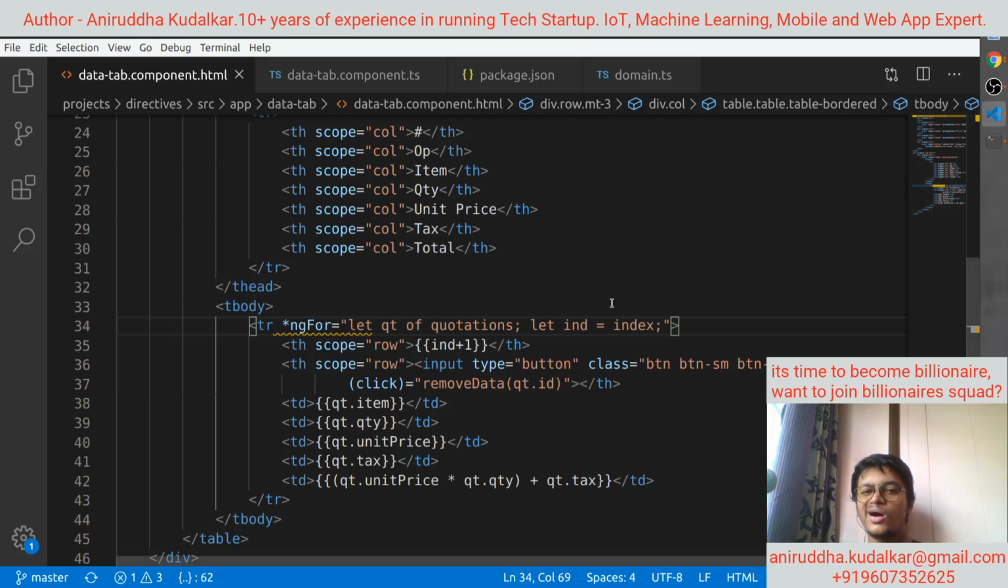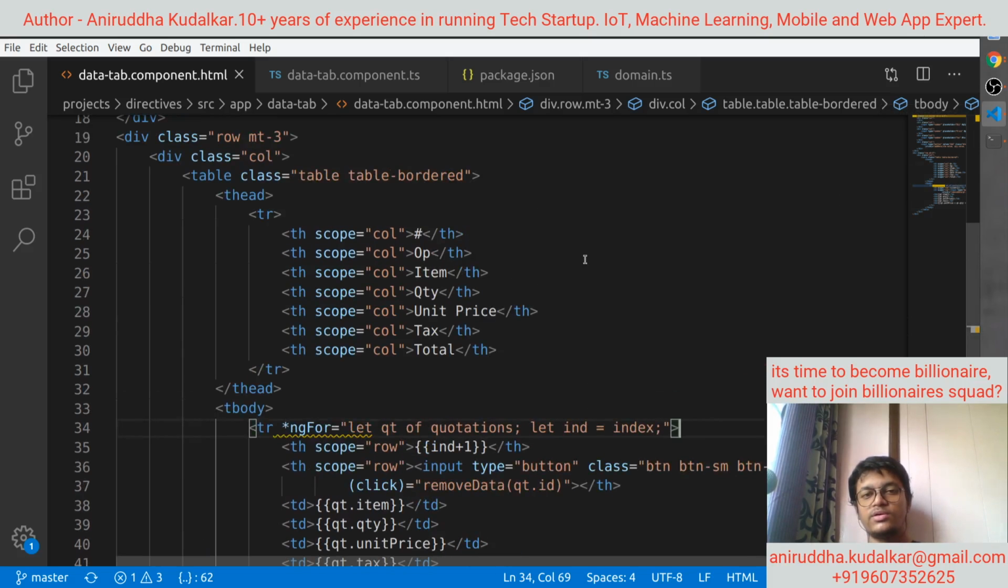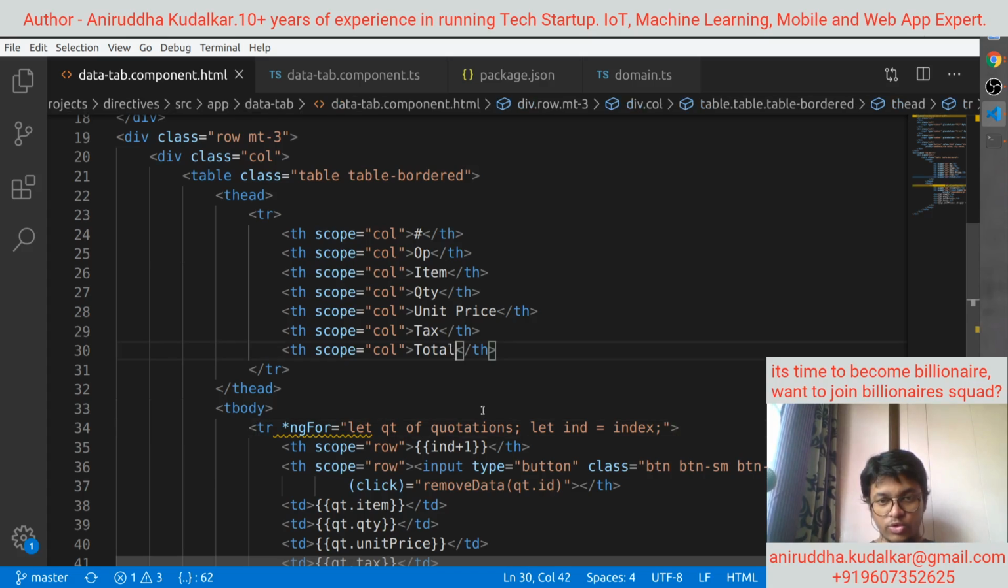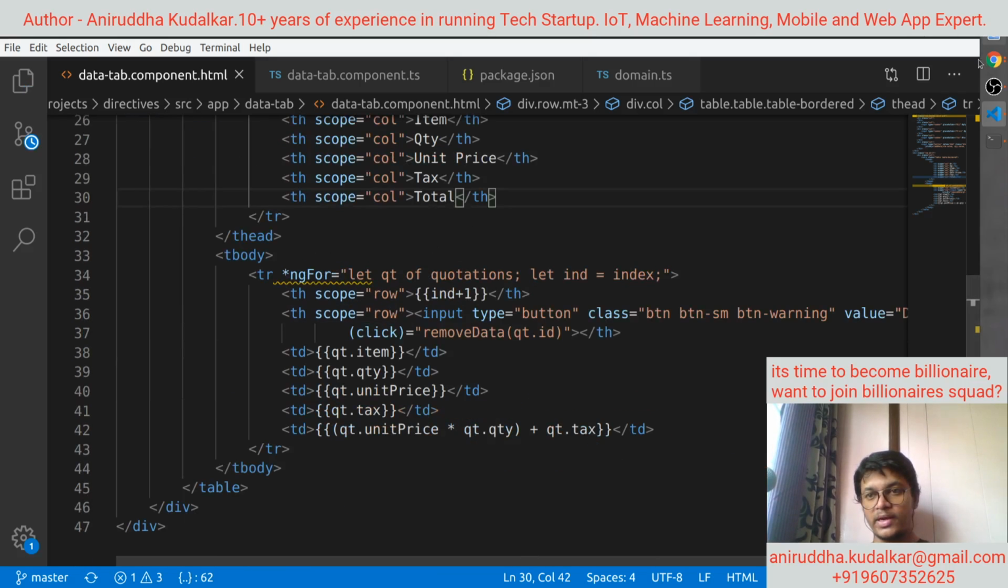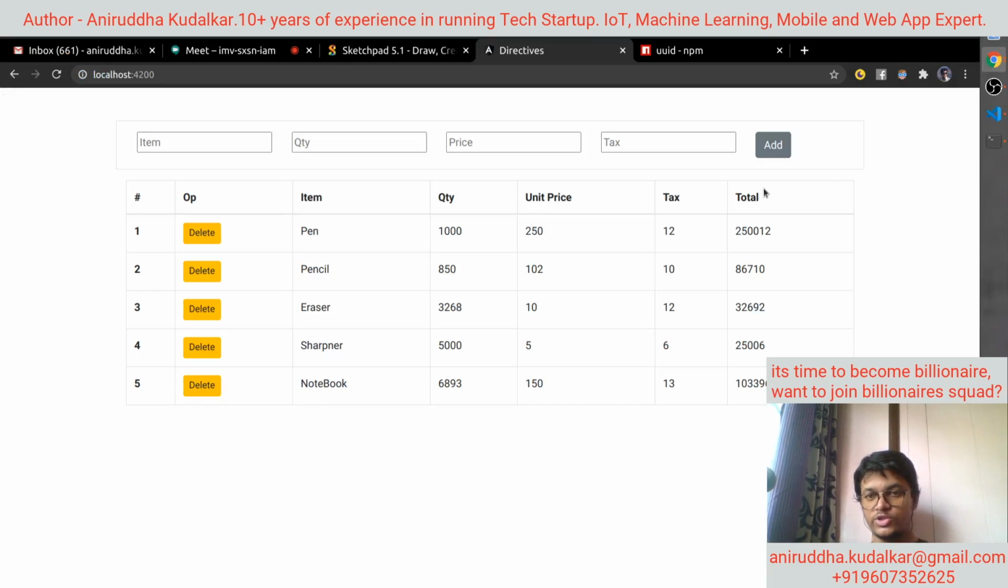Okay, now another structural directive is your *ngIf. So what I want to do, I want to show the total column or I don't want to show the total column. Here there would be one checkbox. If I tick the checkbox, then the rest of the column